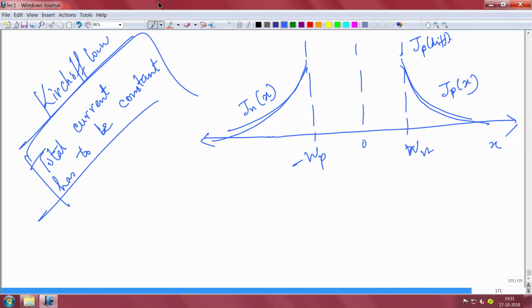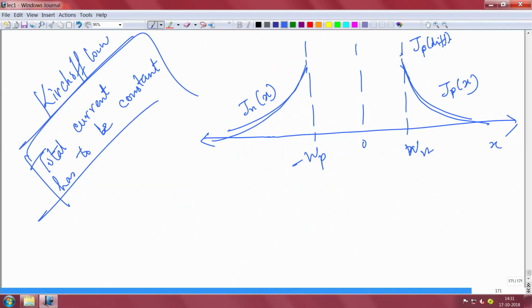And now I asked you a question when we ended the class. The total current in the diode or the device has to be the same, has to be constant throughout. So, the diffusion currents are decaying, there is something else that is compensating such that the total current is constant. So, that is what we will start from today. Okay. So, we will come to the whiteboard, we will look at the last slide that we had discussed.